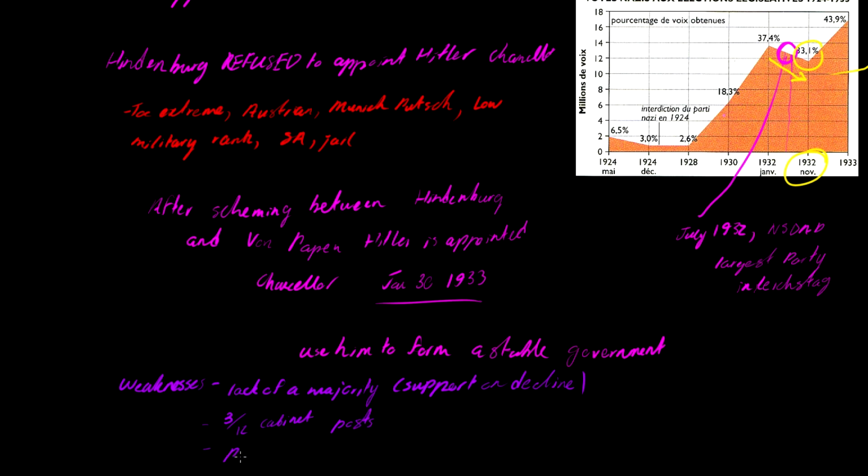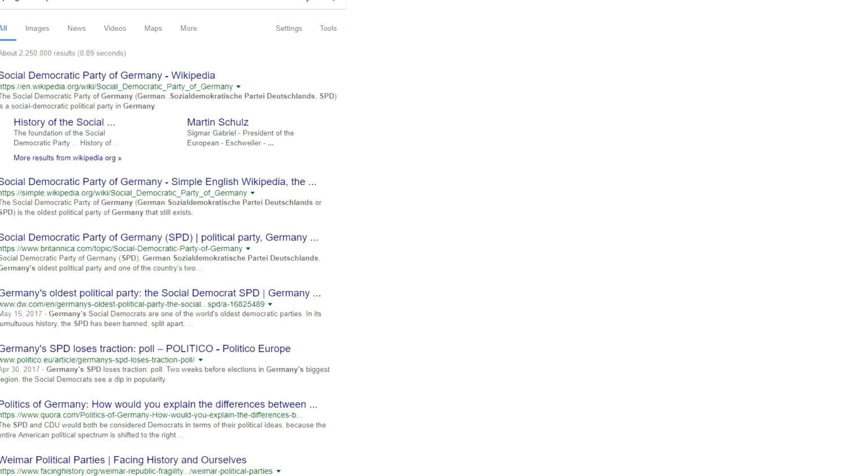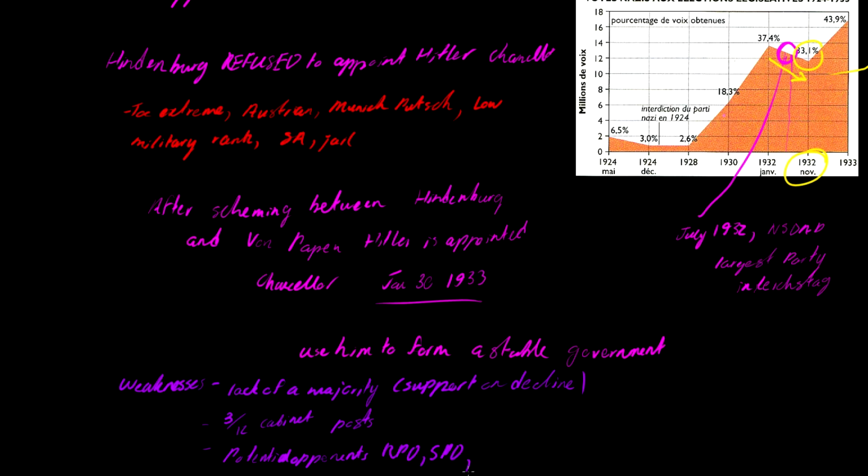There are potential opponents to Hitler and his ideologies. That includes the KPD, the German Communist Party, the SPD, the Social Democratic Party, and also the army could oppose him. And Hindenburg could remove Hitler at any point, because Hitler's only chancellor. Hindenburg, on the other hand, is president, so Hindenburg can remove Hitler